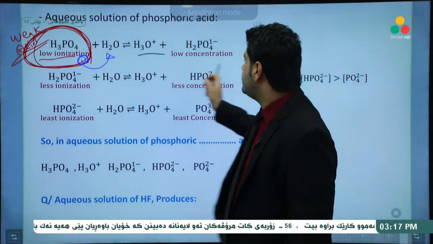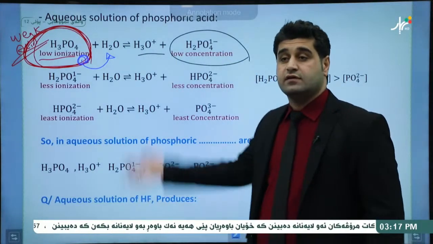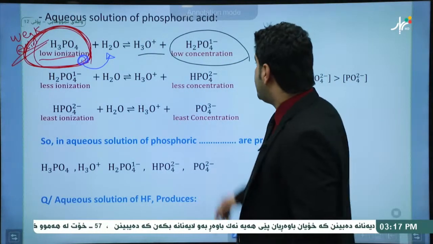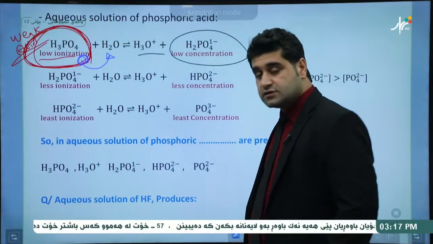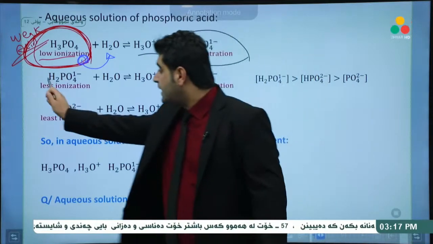Well, to producing H3O+ and H2PO4 negative 1. Why negative 1? Because we released one hydrogen. And then we still have 2 hydrogens remaining, so we should get 2 more steps. Well, another step,